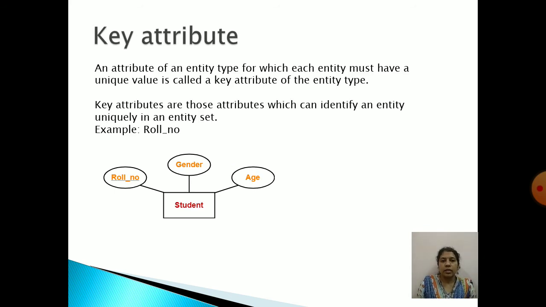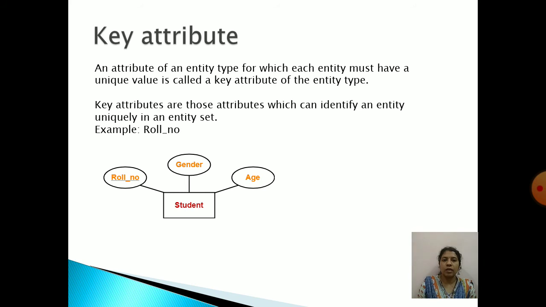Then comes key attribute. An attribute of an entity for which each entity must have a unique value is called the key attribute of that entity type. Here, if I take roll number, so using that roll number, I can identify the individual student. Is it not? So using roll number, I can identify the individual student. So roll number is the key attribute here. For example, if I take gender, I can have two female students and two male students.